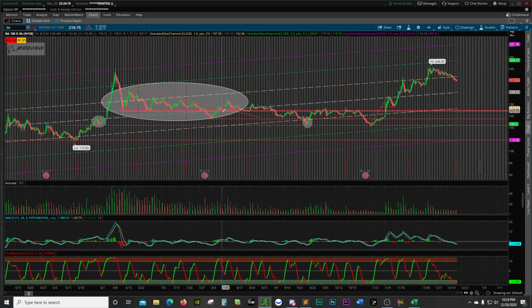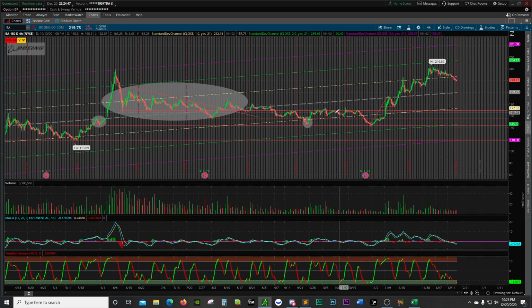Right, so this big circle here, a descending triangle, it breaches through support, it bounces off a resistance level over here, and then it kind of just bounces around here. It does the same thing here. This time it bounced off of this support level, went sideways again, bounced off it again, and then ripped. So I think this is going to be PLTR, but not quite as drawn out.